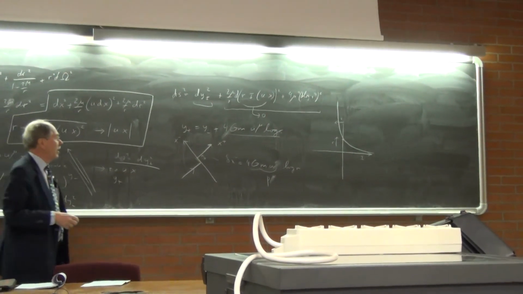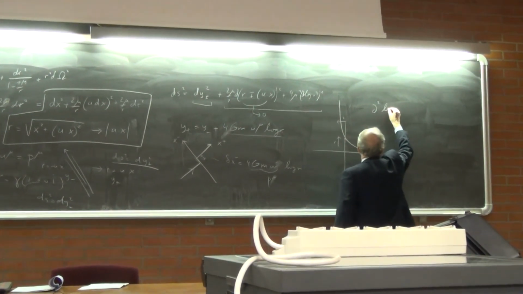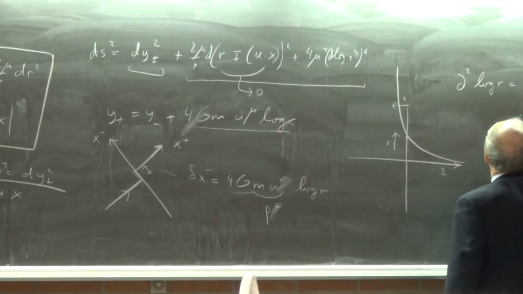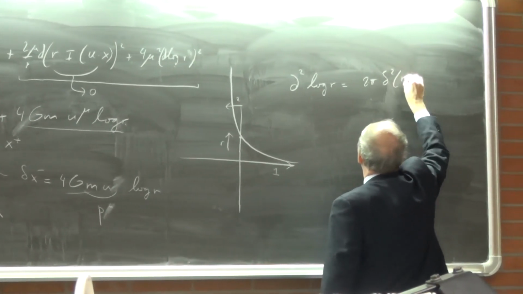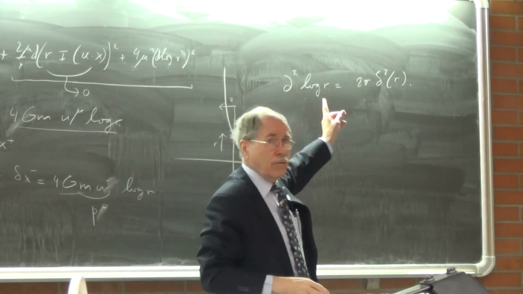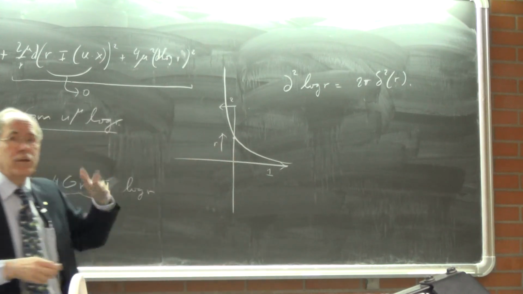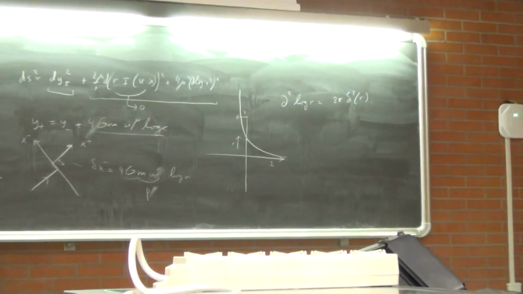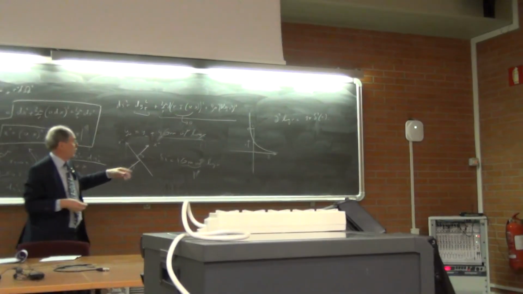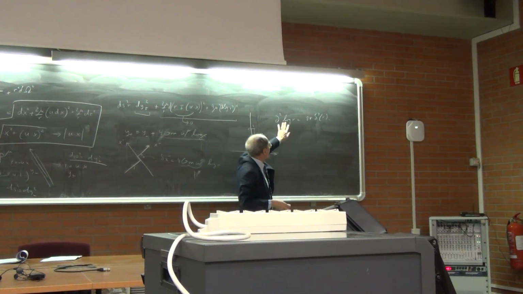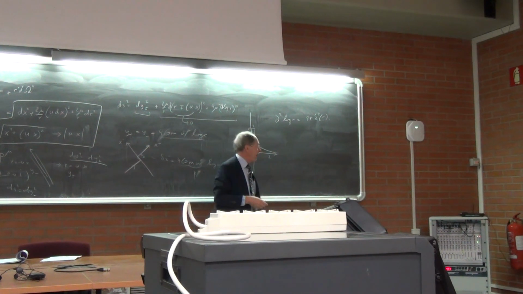Another important thing is that you can write down the Laplacian, nabla squared of log I, which is 2 pi times the delta function of R. See, log I is a solution, it's in 2 dimensions. Because the transverse distances are only two dimensions, for a black hole we take that fine. So the 2-dimensional Laplacian of log I is a solution of the Laplace equation in 2 dimensions with the delta function. So I can also say that